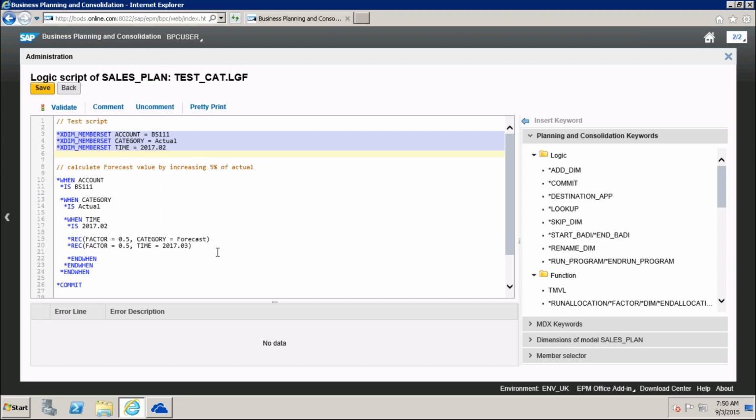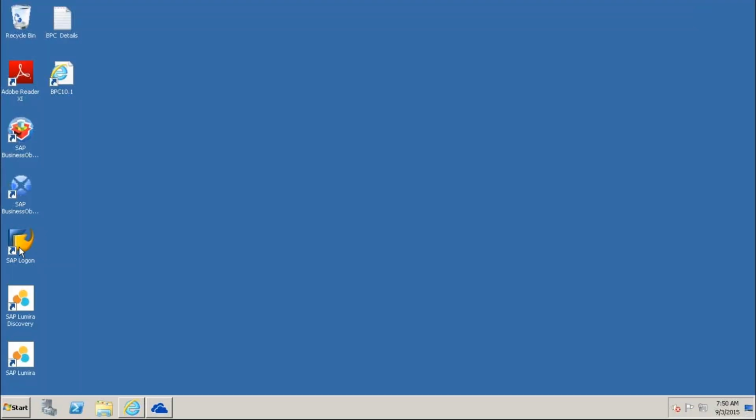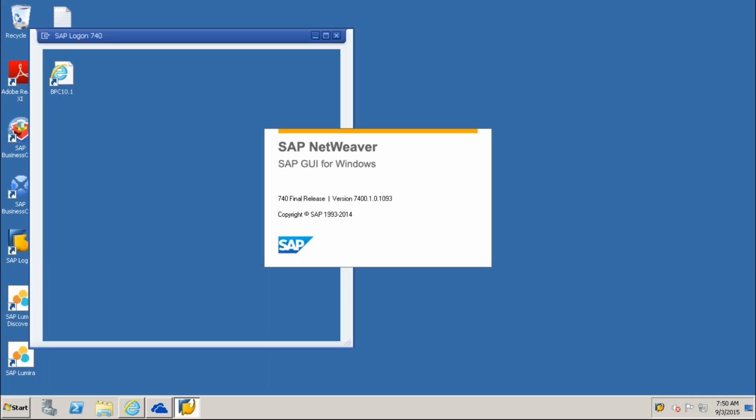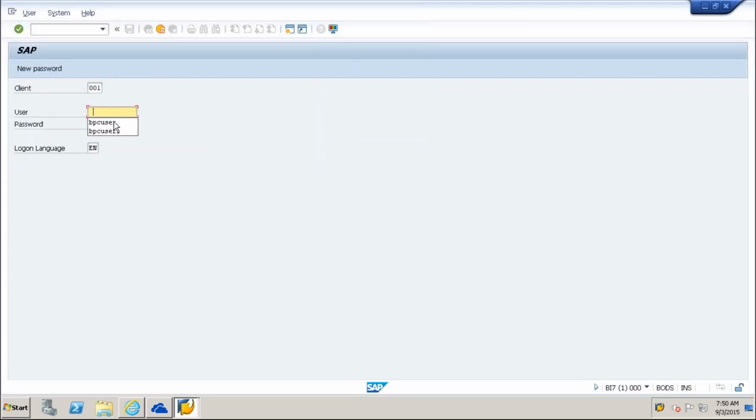Before applying this in your system, you want to test whether the script is working fine or not. So what we do in the backend, please remember this: the backend means BW.